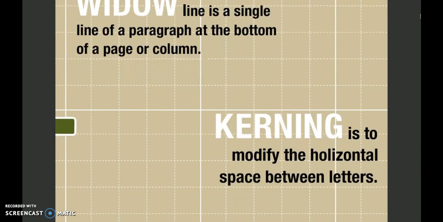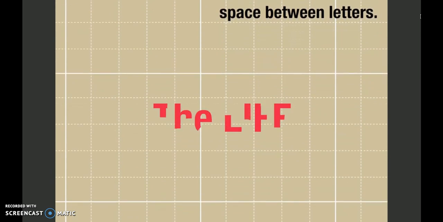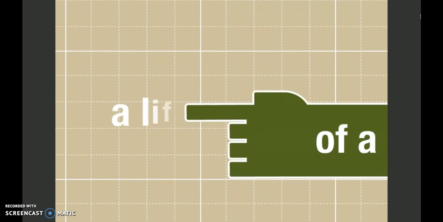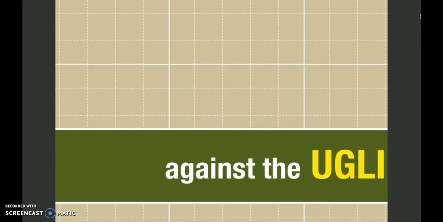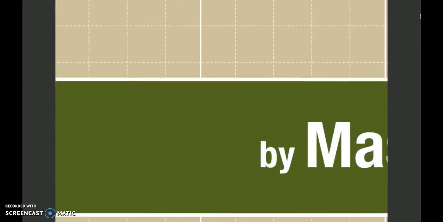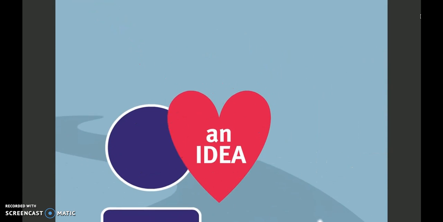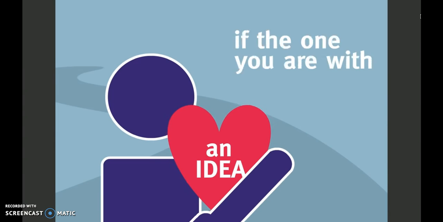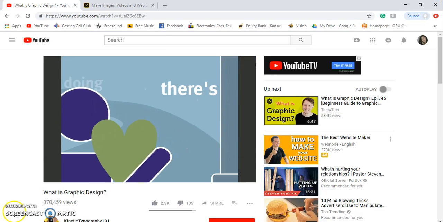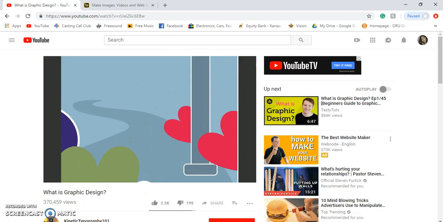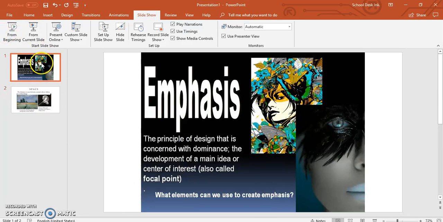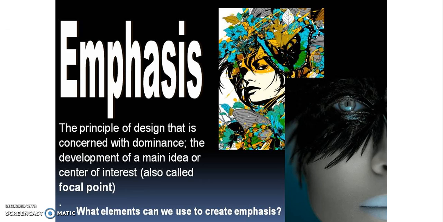Since our future project is to make an advertising poster for the school's play Cinderella, being able to advertise is important. Today we'll show you how to use Adobe Spark to create graphic designs for a poster. But before we do that, Miss Michaela is going to talk to us a little bit more about the art elements utilized. Yeah, the few terms we are going to go over right now is first emphasis, which is a